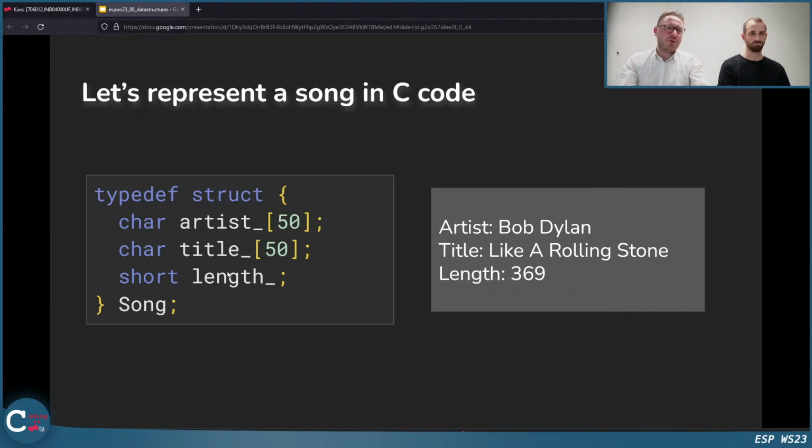And they are our so-called members. And we know this from last week, because we talked a lot about structs there already. So we have 3 members. To have an easier example, I just assume that they cannot be longer than 50 characters, because otherwise I would have to allocate the memory for the artists and the title, and this might be a bit annoying.